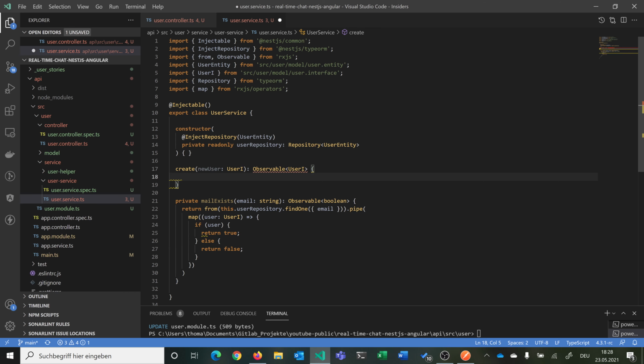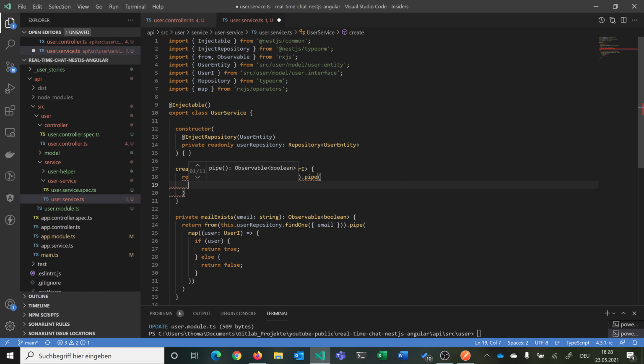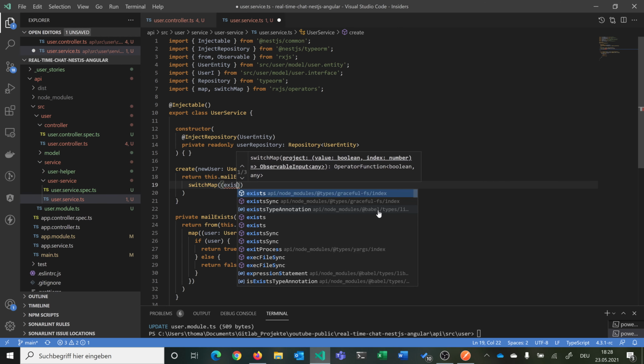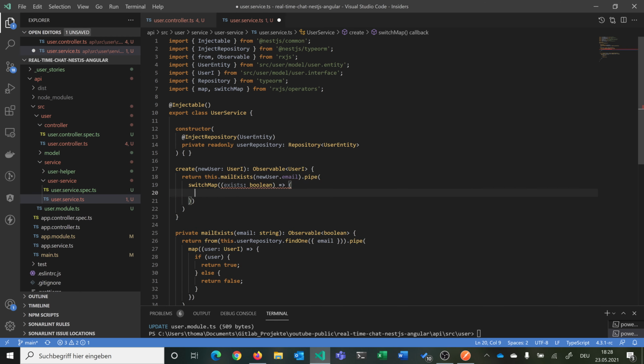So then the first function that we do here in our create, we say we want to return this.mailExists, and then we give it our email and check for this. Then we can pipe it and make a switchMap. And then we get a boolean back, so we can name this, for example, exists. So if the user exists, which is of type boolean, then we can check. So if the user is not existing, we want